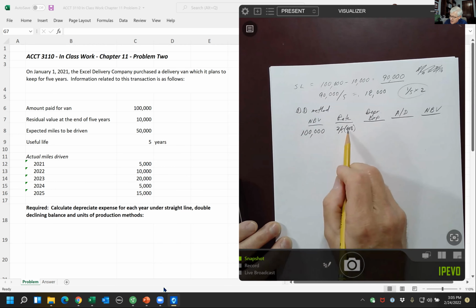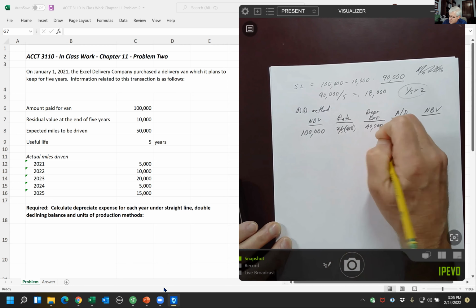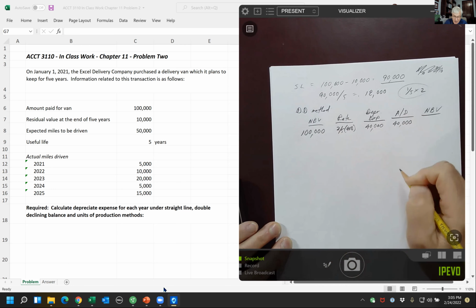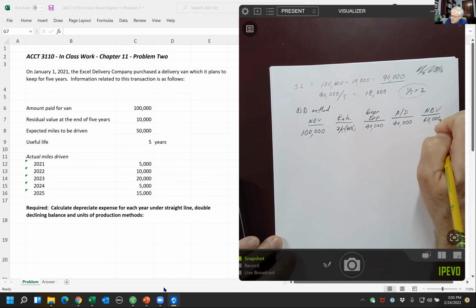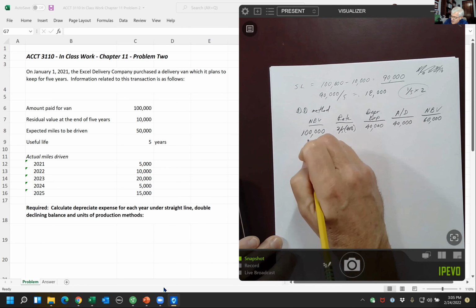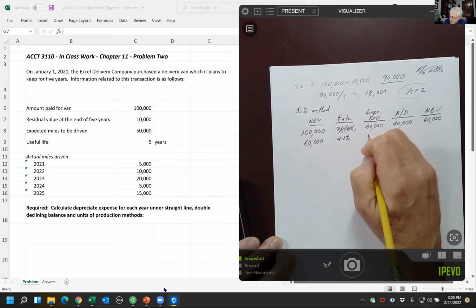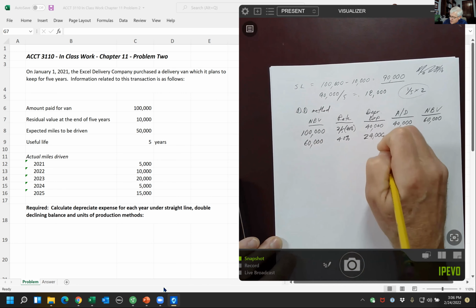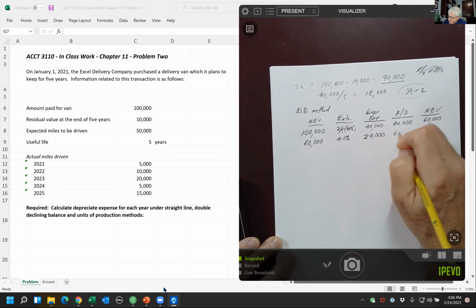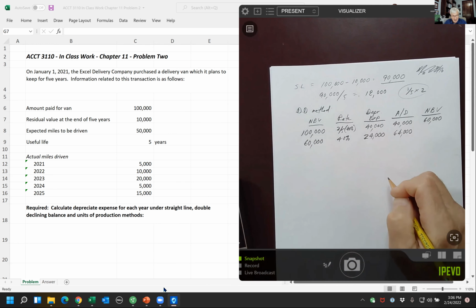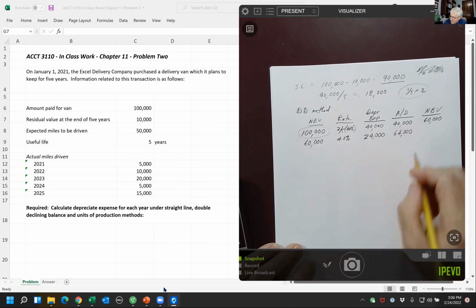So depreciation expense is 40% times beginning of the year net book value, 100,000, $40,000 first year. So there's my balance in accumulated depreciation. And my net book value now, 60,000 end of the year. Year two, 60,000 times 40%, 24,000. I get a new credit in the accumulated depreciation of 64,000. My net book value is my $100,000 original cost minus how much I've depreciated, 64,000,